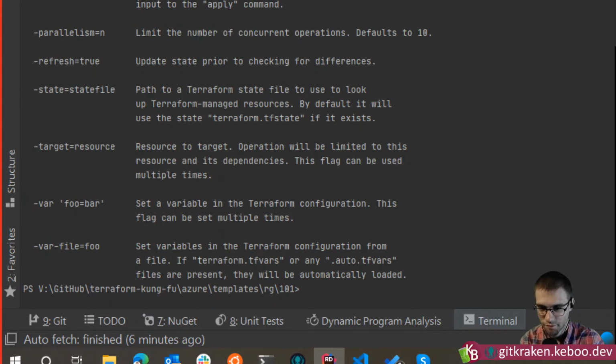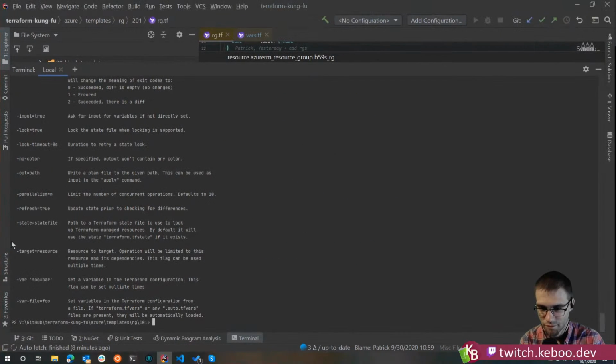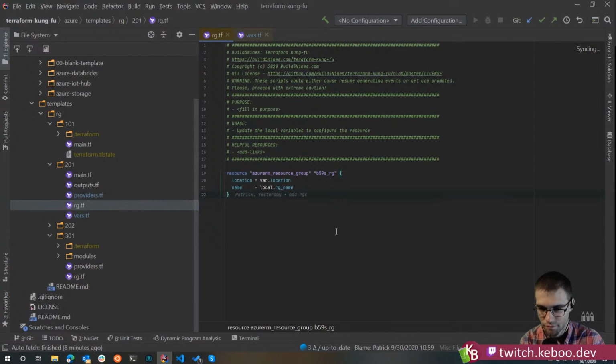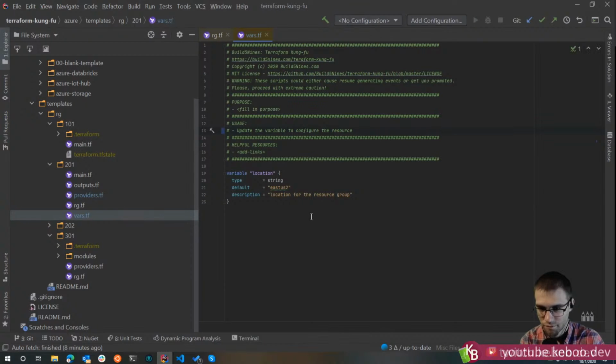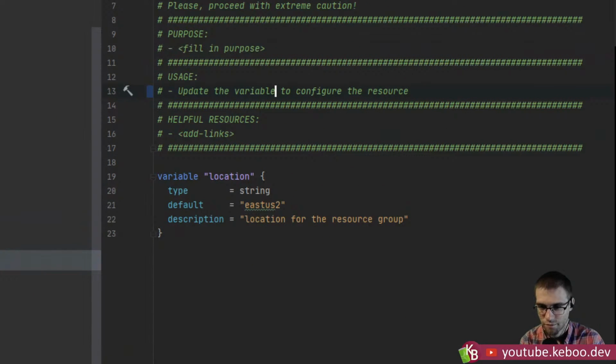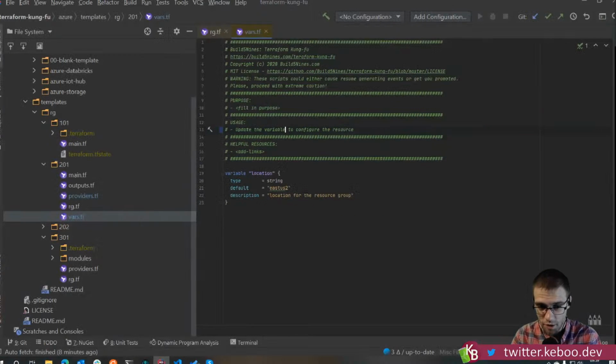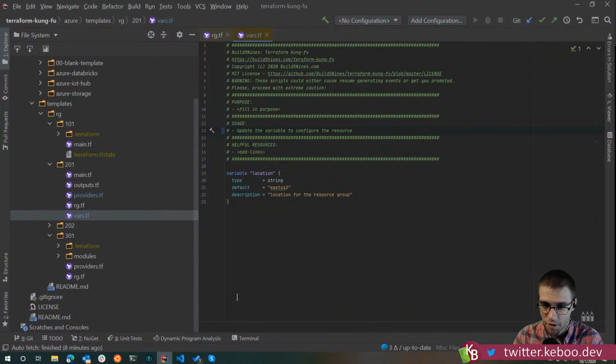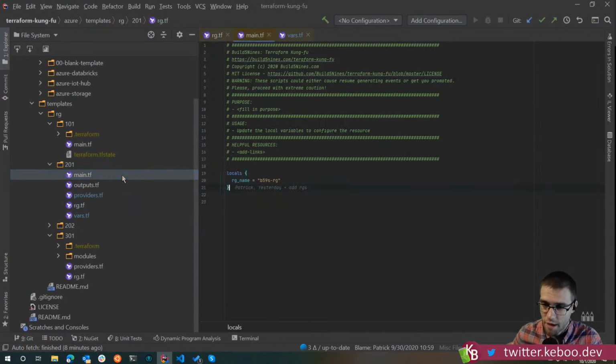So that variable can be used because it's very powerful just in our code where we can reference it, but we can also override it. And I think the important thing to note here is if we look at that var again, yes, there's a value there, but that's the default value, right, Kevin? I can override that with something else. You could do dash var location equals West US, and all of a sudden your 201 folder goes from pushing out to East US to West.